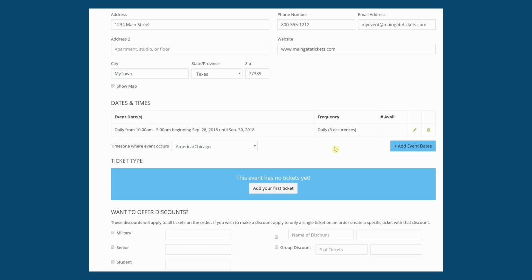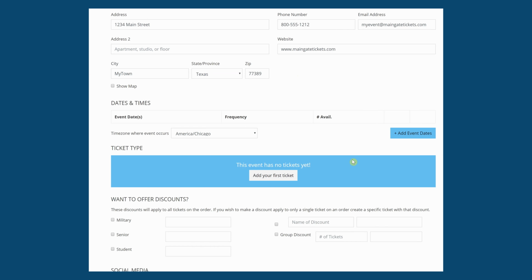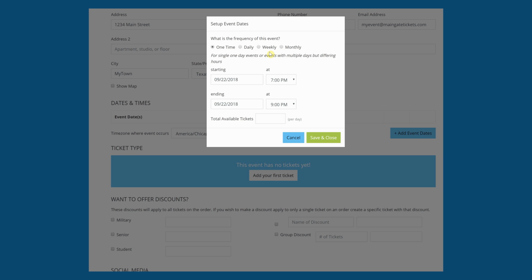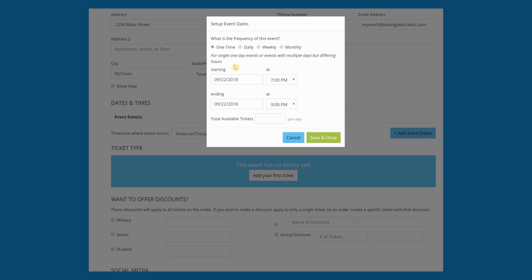But let's say the hours are different. We're going to take this one off. Let's say that we have different hours for Friday, Saturday, and Sunday. In that case, we're going to do 3 separate daily events. So instead of choosing daily, we're going to do 3 one-time events. So we're going to click one time,